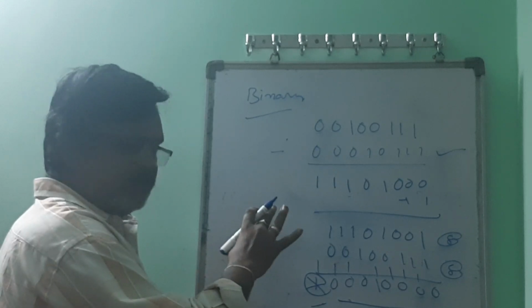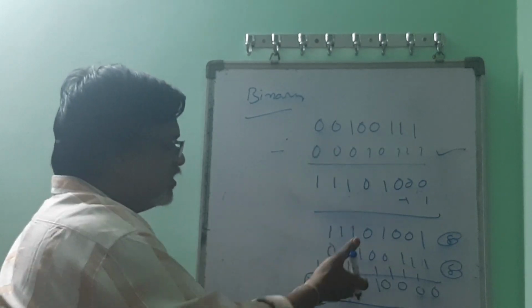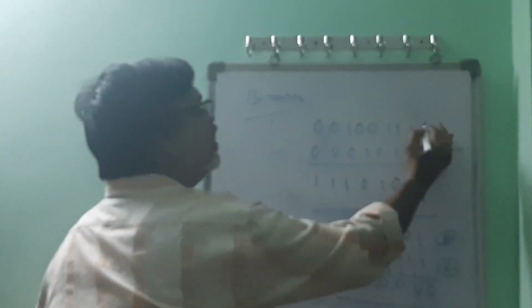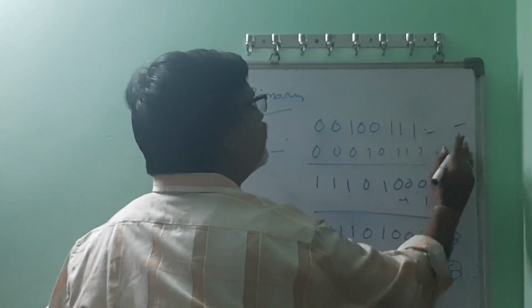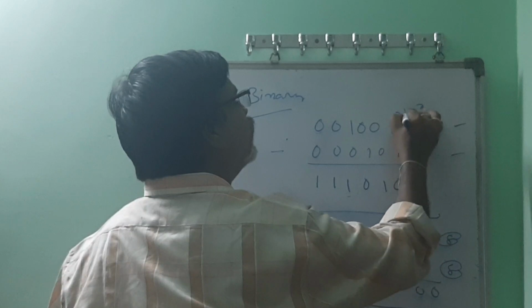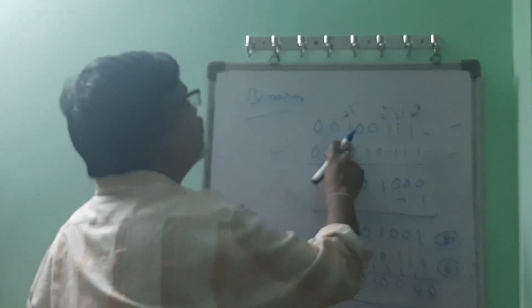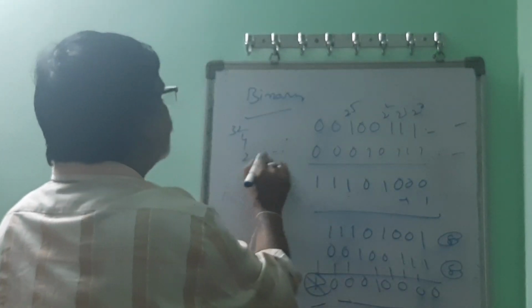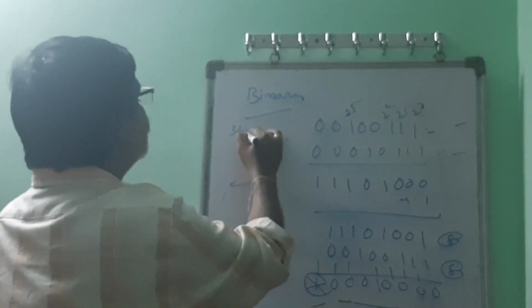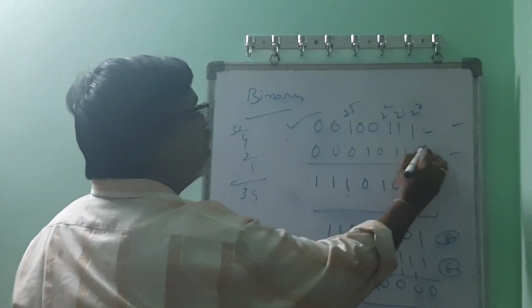Okay, you can just check it out. So how do we know whether this result is right or not? You convert this number into decimal, and then you convert this number into decimal. So this is 2 power 0, 2 power 1, 2 power 2, 2 power 3, 2 power 4, 2 power 5. So 2 power 5 is 32. This is 4. This is 2. This is 1. So 36, 39. So this value is 39.